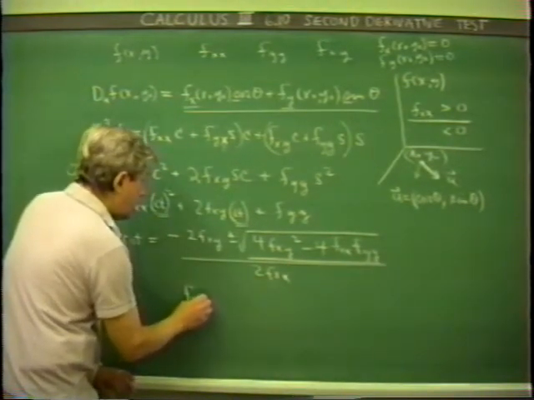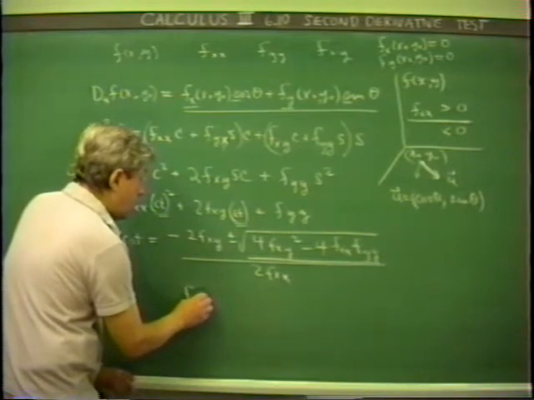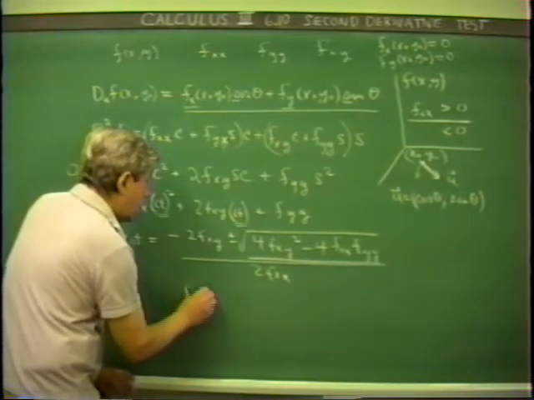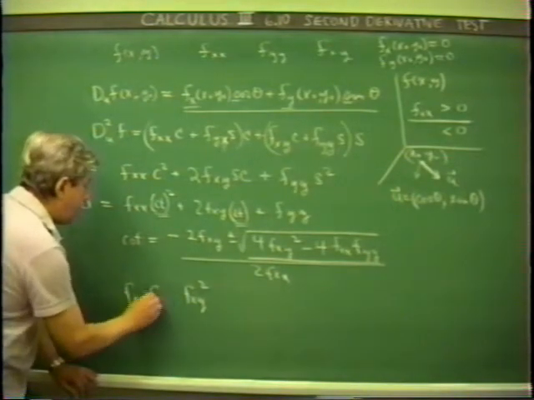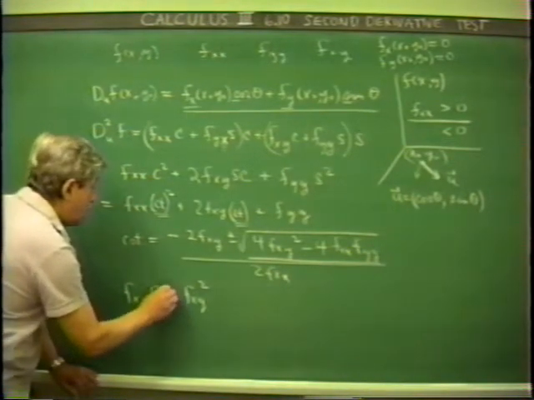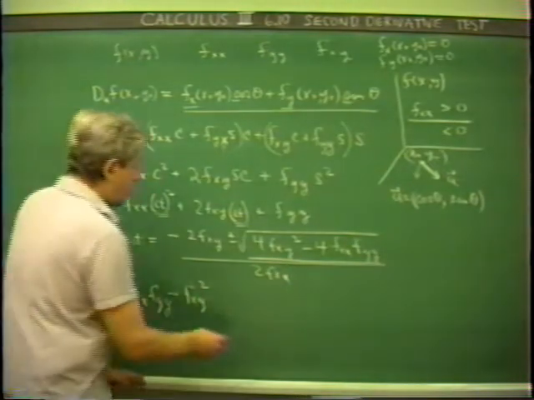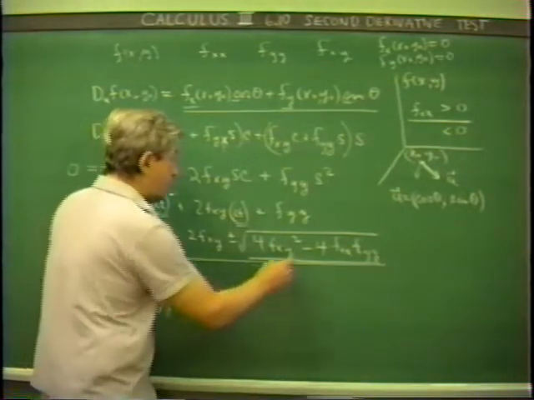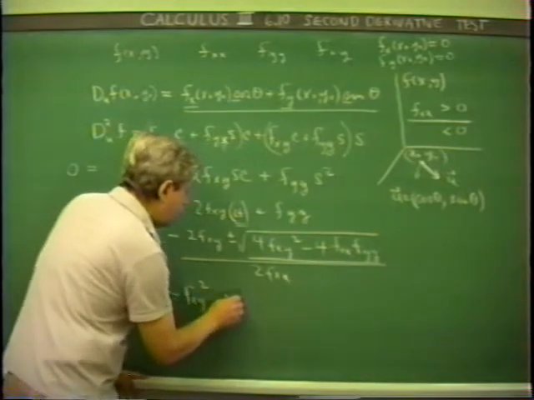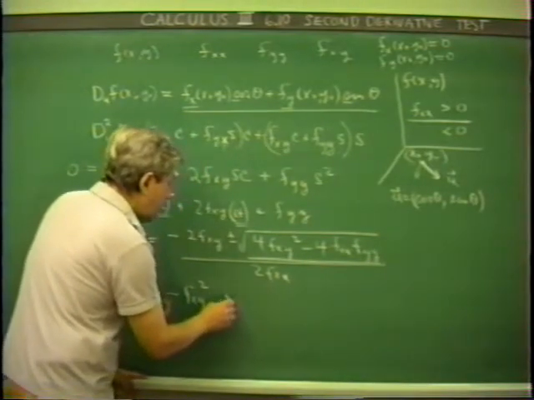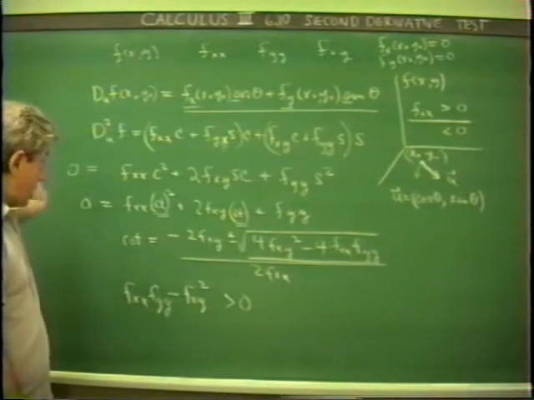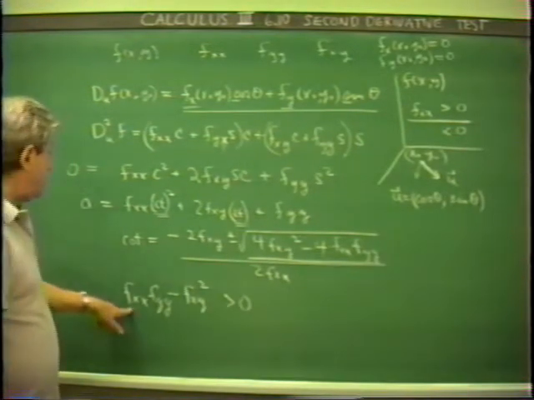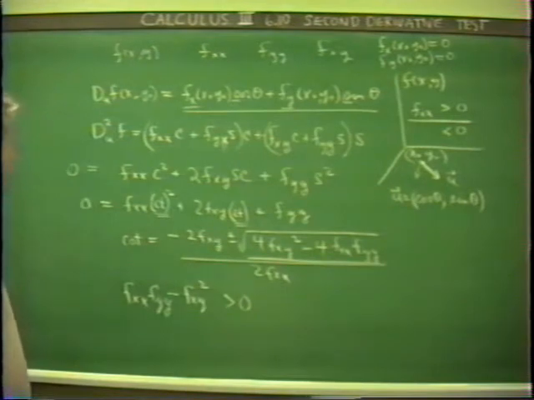Right? So if this is ever going to be equal to 0, this is going to have to be 0. If it's going to change signs, this is going to have to be 0. That's to say, what we would have to have is that fxx fyy minus fxy squared would have to be equal to 0. If it was not equal to 0, in particular if it was greater than 0, which is what it's going to be here,